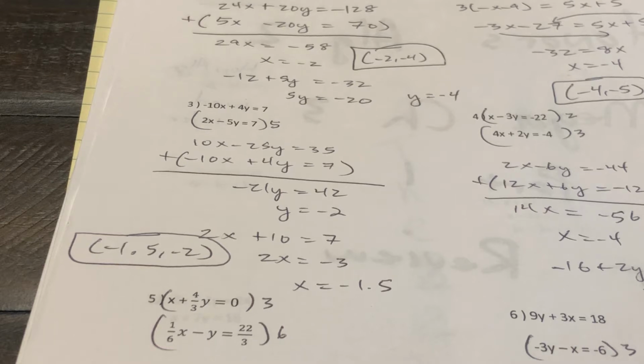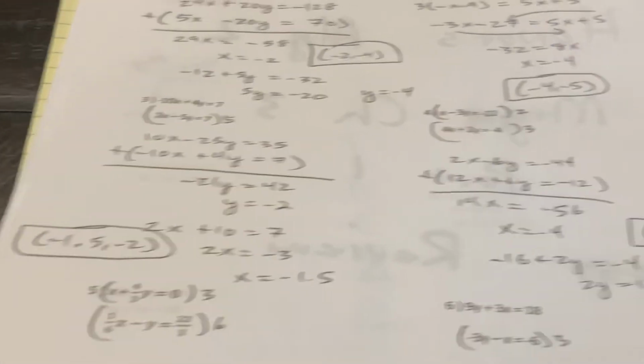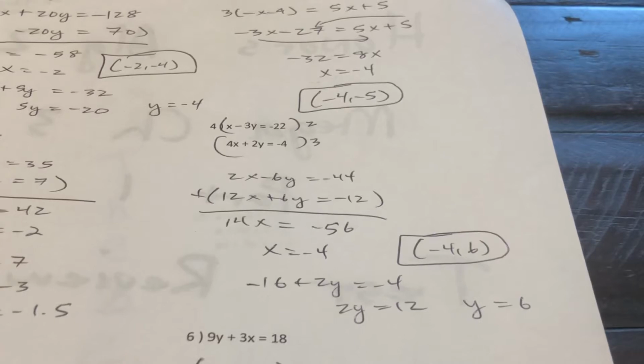All right, so here we are on number 3. You are going to multiply everything in the second equation by 5. The x's will be opposite. So you get negative 2. Plug that in for y. Again, an answer of negative 1.5 is just fine. On number 4,